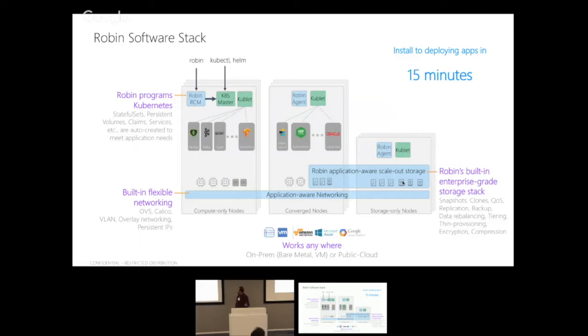One last thing that I'd like to add on this slide is users are not bound to use the Robin UI or Robin CLIs. They can use the native Kubernetes command set and Helm charts. Anything that is allowed on a native Kubernetes platform will be allowed on the Robin platform. You can bring in any new component, just drop it in, and it will work seamlessly with the Robin platform.